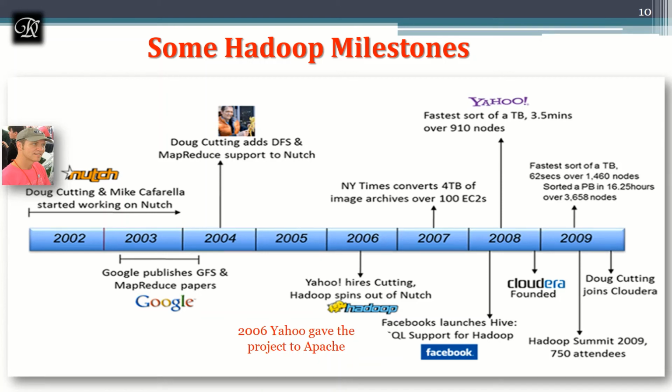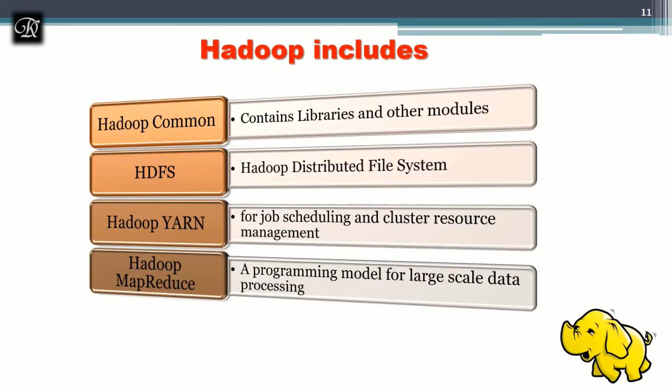Next, what does Hadoop include, and why is it so popular? Because it is having 4 main components, and these components, as I said, we will discuss in detail in module 1 and module 2. First, it is having some common libraries to support analytics. Just like you are aware, in our programming languages we have predefined libraries, packages, which make our job of programming easier. There are many things we need not code; libraries are there, just make use of them.